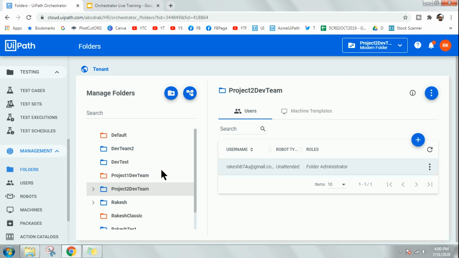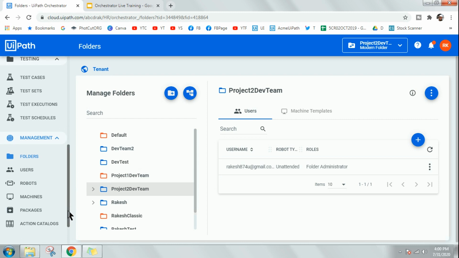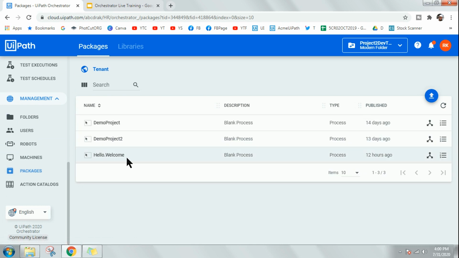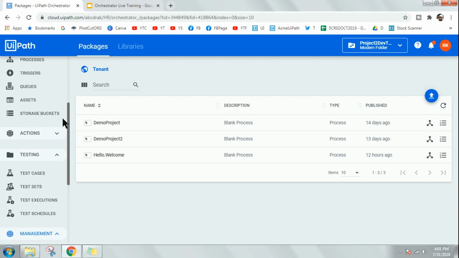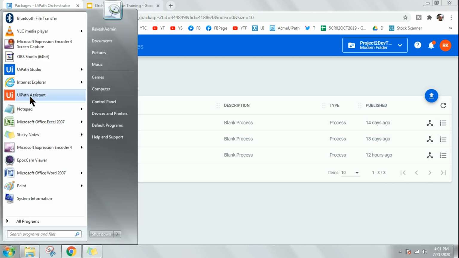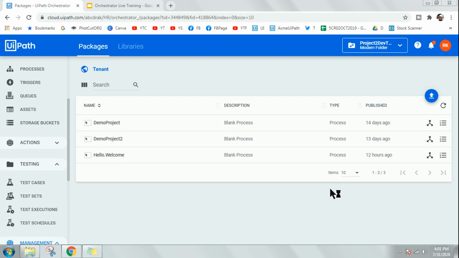Right now what I'm going to do is upload a package. Uploading a package is quite simple. Yesterday I showed it. You go to UiPath Studio, build a small workflow and upload it. Once you upload, you will get it here in the package section. Once it is uploaded, the next thing you want to do is deploy this to Rakesh. Now in Rakesh's machine, or my machine, when I open the UiPath Assistant,